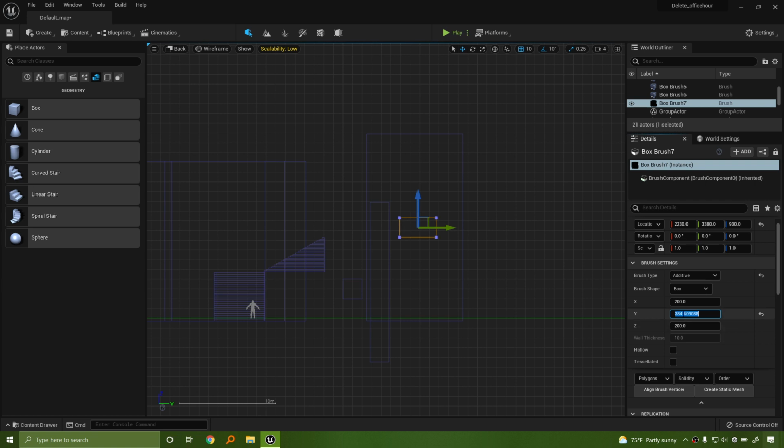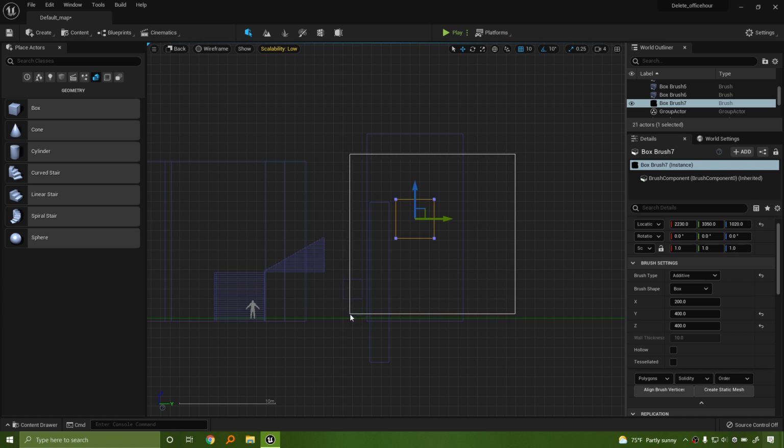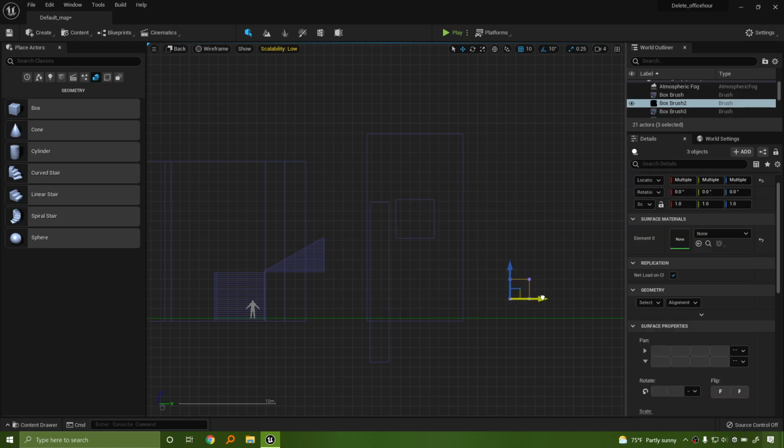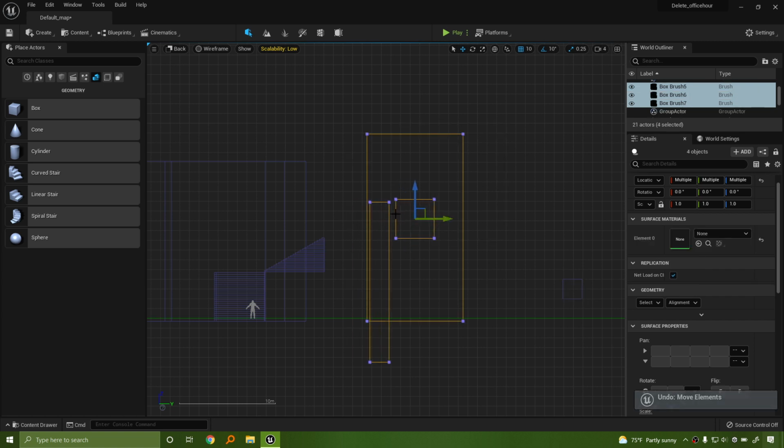I'm just going to scale it randomly. Let's do 400 by 400. Oh, I moved the height a little bit more than I wanted to. Again, we can always just set up a reference, so that's going to be my reference here. I'm going to put this just in the middle. This stuff is moving a little bit too far away. I'm going to move this out a little bit more. Oh, didn't grab everything. There we go.